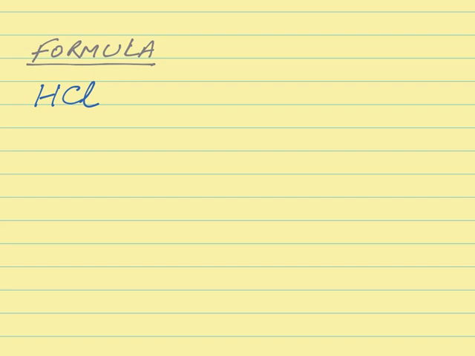Then we can find this out in the following manner. We can write it like this: 1 into H1 Cl1. This is for understanding purposes. Now to count the number of hydrogen atoms, we will multiply this one by this one and we will get the number of hydrogen atoms, and it comes out to be 1 into 1 is equal to 1. So there is a total of 1 hydrogen atom in this HCl formula.